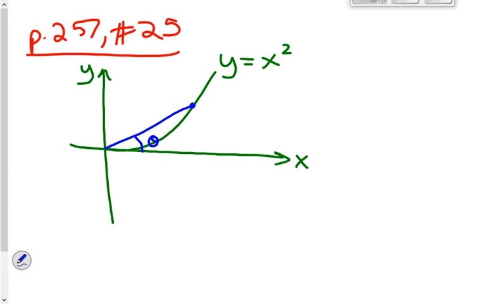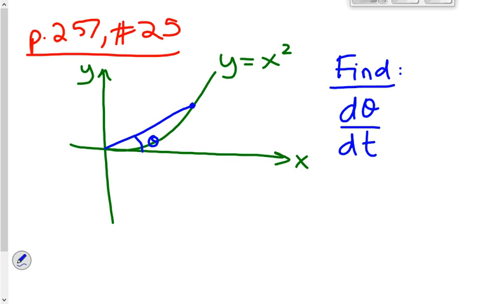Okay, so what's the symbol for the thing I want to find? Not d theta dx, because remember these are related rates and everything's moving. We want to measure everything with respect to what? dt, time. Okay, so I want to find d theta dt,